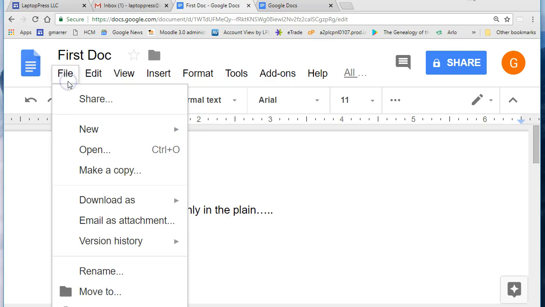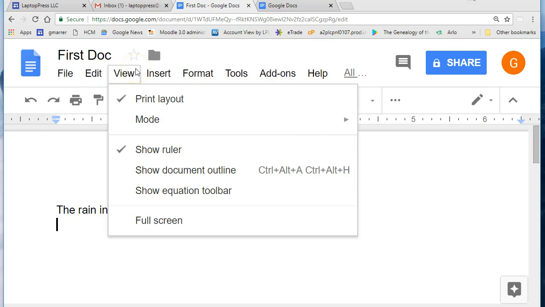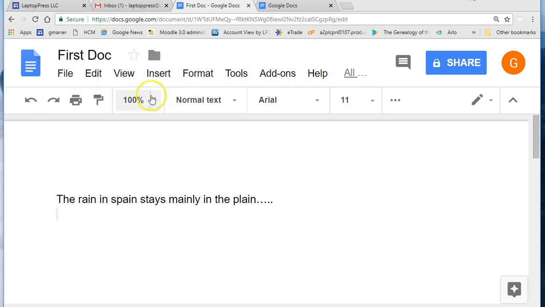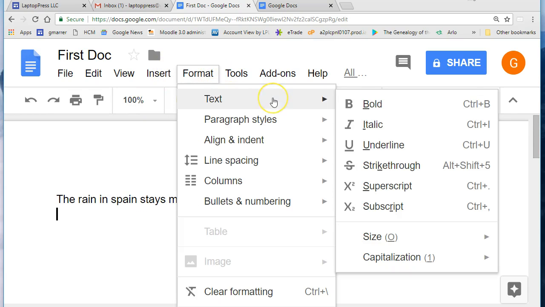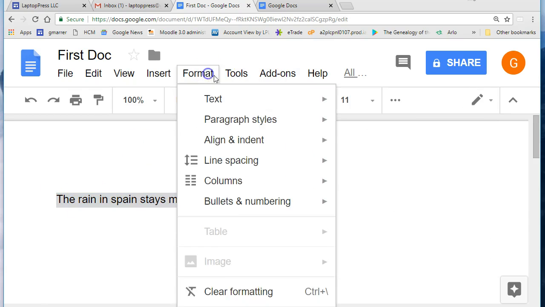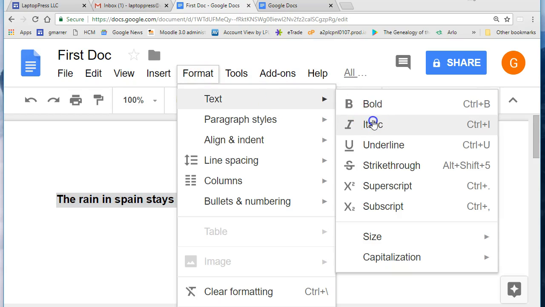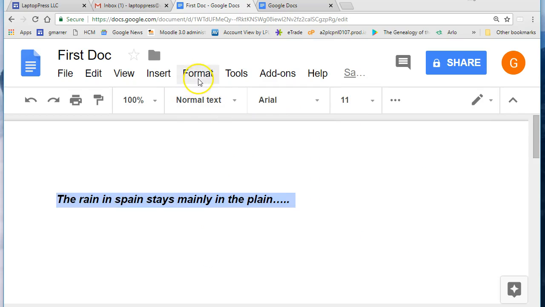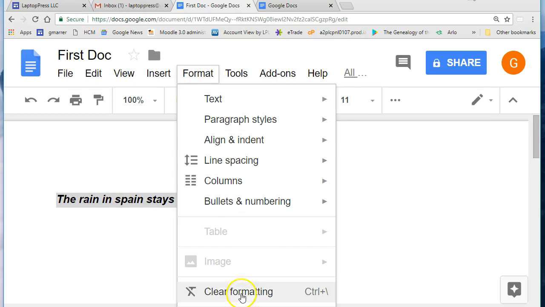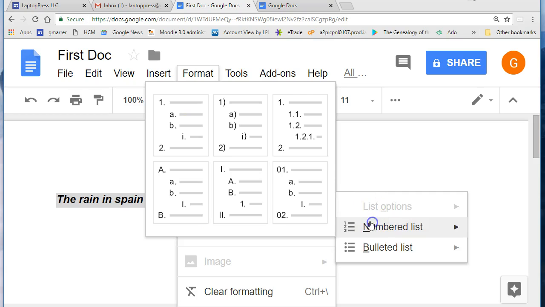Let's do a couple of things here. Let's take the ruler away. Okay. Let's format the text, let's say all of this text here. Let's format that to be bold. And also let's format it to be italics. Let's see what else we can do from format easily. We can also clear the formatting, or we can add a numbered list to it, and we can pick several